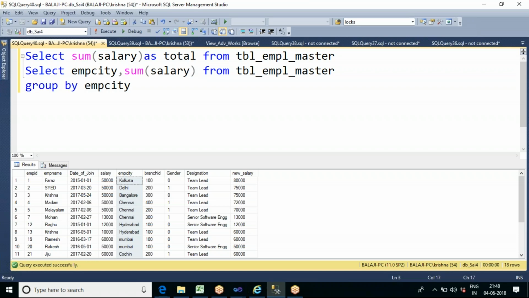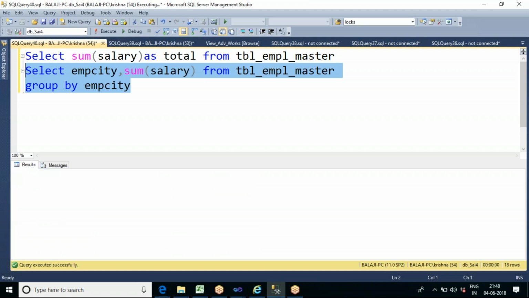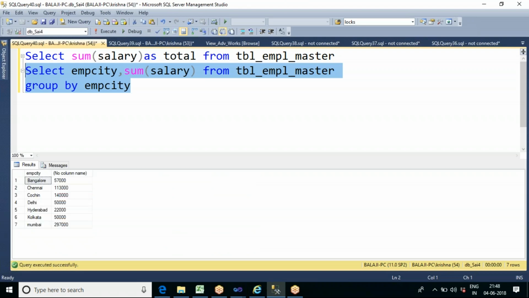Since we need to see the city wise total, we will write a query like this, which will give me the city wise total salary I am paying to the employees.